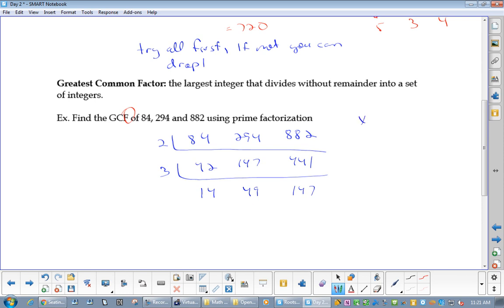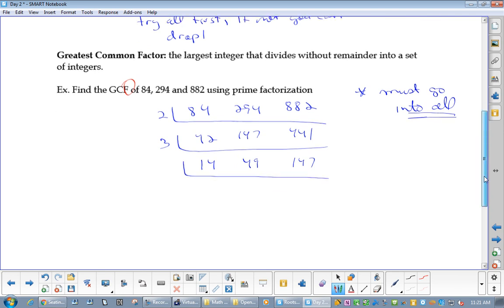Okay, so 3 must go into all, right? And trust me, in 3 months when you have to write a final and you're like, oh crap, I forgot the rules, I got it mixed up. You read over your study sheet, 5 seconds later you'll get it again. Okay,